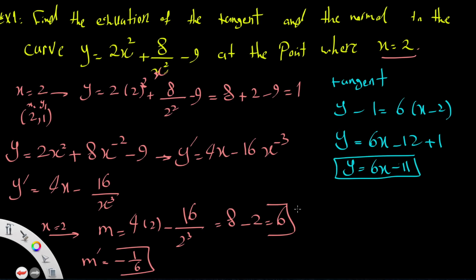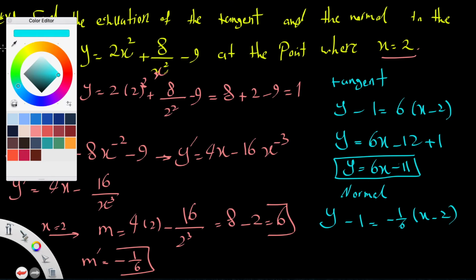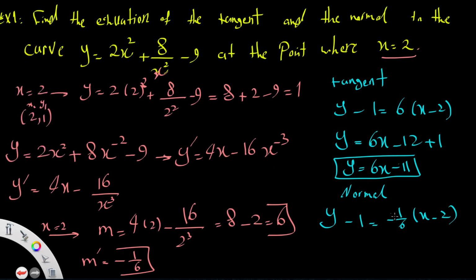It is the equation of the tangent. For the normal, we use the same formula, but the gradient of the normal must be used. y minus y1 at the same point is equal to negative 1 over 6, x minus 2. Now, in order to get rid of this fraction, I multiply all by 6. It will be 6y minus 6 is equal to negative x,